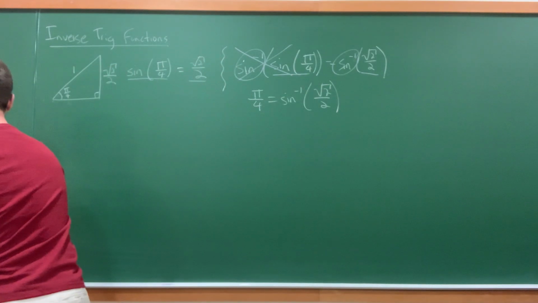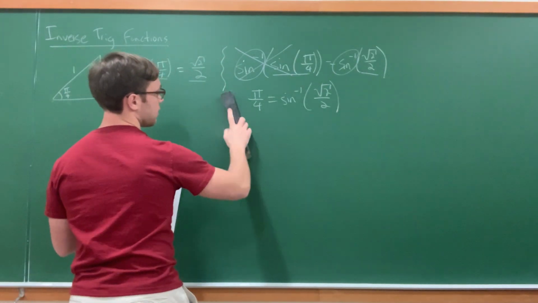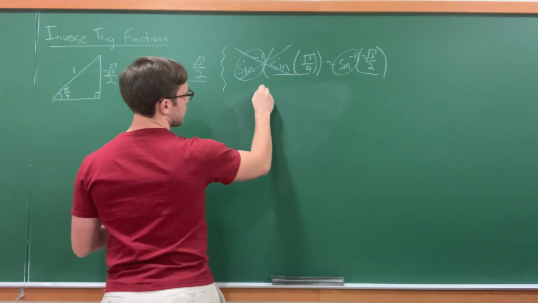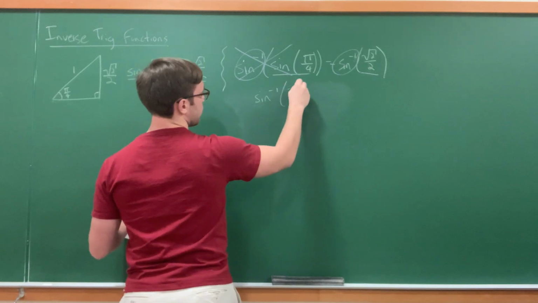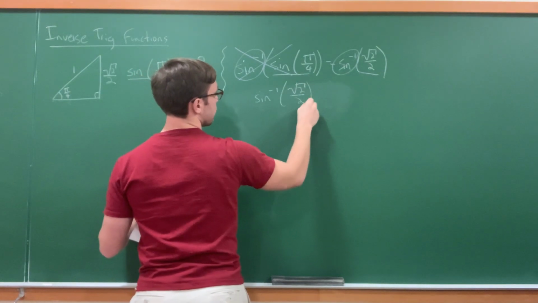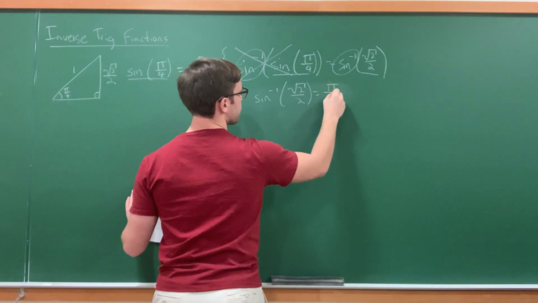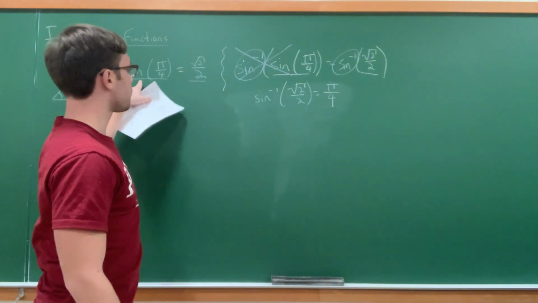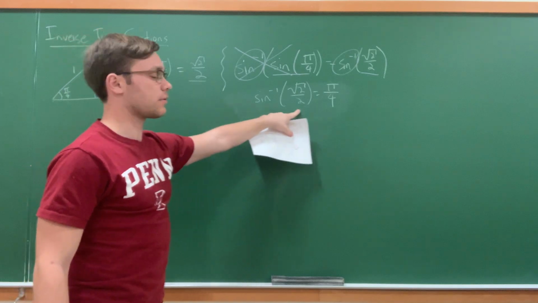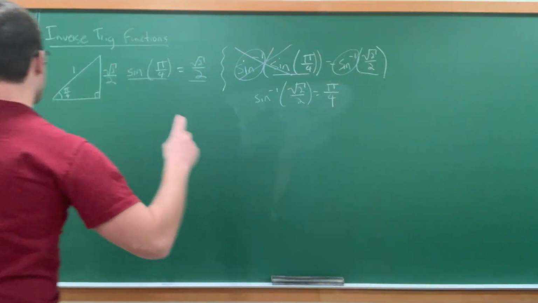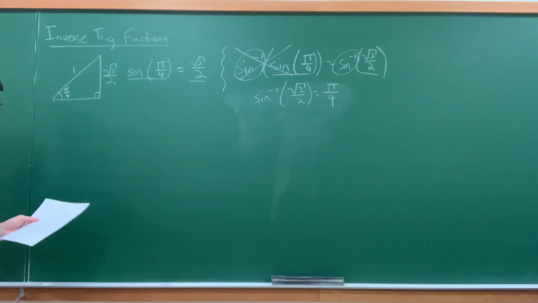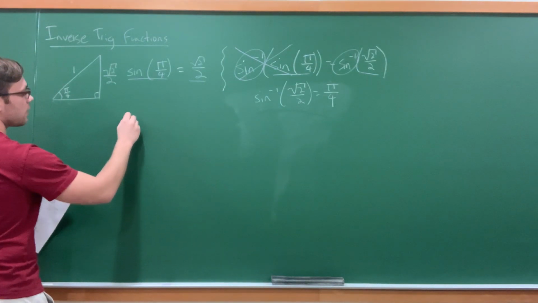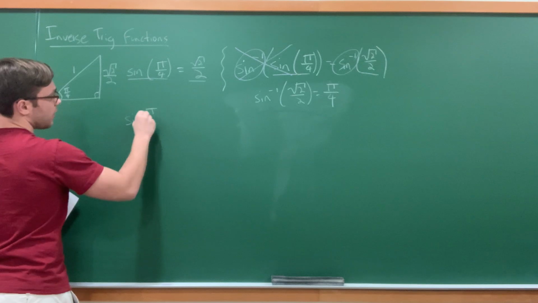Or if you want to rewrite it, because we generally have the more complicated things on the left when we're explaining this, we would say sine inverse of root 2 over 2 is pi over 4. So hopefully moving from here to here isn't that bad. You take the inverse sine of both sides, and then you just arrive here. So why is this interesting to us? Well, this is interesting because sine of pi over 4